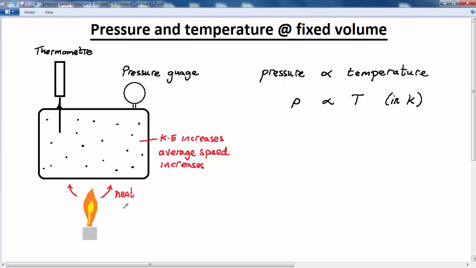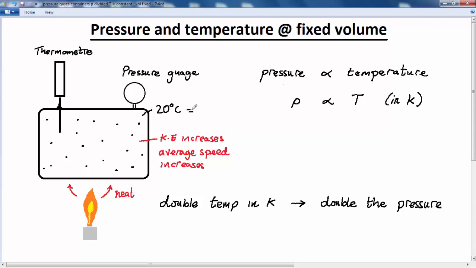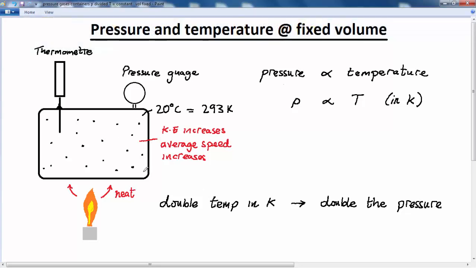So what this relationship says is that if you double the temperature in Kelvin, then you double the pressure inside the container. Let's put that into context. Supposing that, to start with, before we turn the Bunsen burner on, the container is at room temperature, that's 20 degrees Celsius, which is equal to 293 Kelvin. Okay, remember that 0 degrees Celsius is 273 Kelvin. Now, supposing at the same time the starting pressure in the container is 1 atmosphere, that's roughly speaking 100 kilopascals,